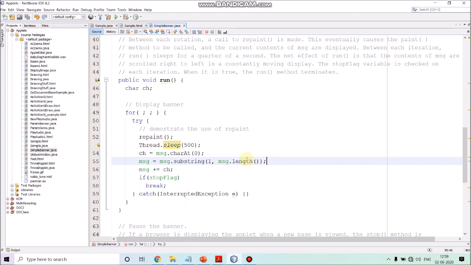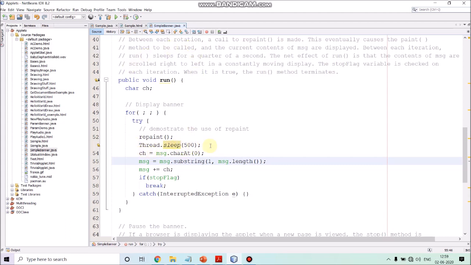Inside this loop, first we call repaint. The repaint method causes the update method to be called, and inside that the foreground and background colors are set, and after that the paint method is called, and the paint method displays the message. So it will display our message.